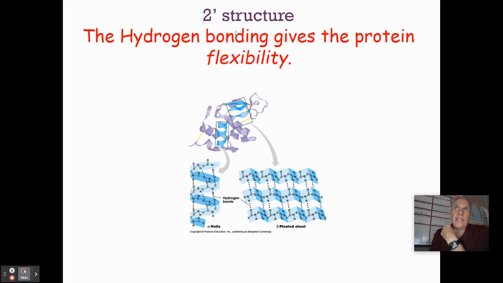Okay. Secondary structure. There are 4 levels of protein structure. First was primary structure, the primary sequence, which was the sequence of amino acids. The secondary structure is a result of hydrogen bonds between oxygens and hydrogens of adjacent amino acids in the backbone. And there are 2 basic shapes. There's one called the alpha helix and one called the beta pleated sheet. Okay, and you should remember at this point something about the strength of hydrogen bonds compared to other bonds. All right, so that's secondary structure.